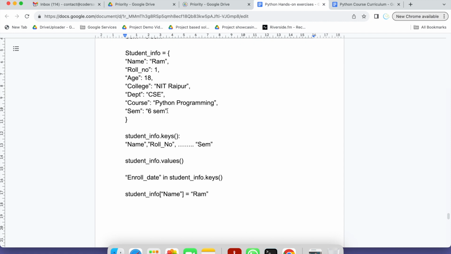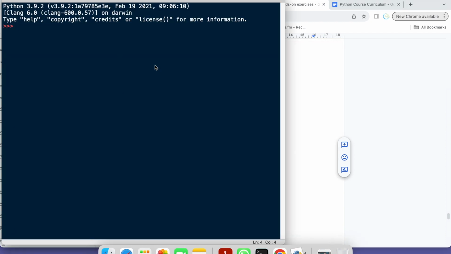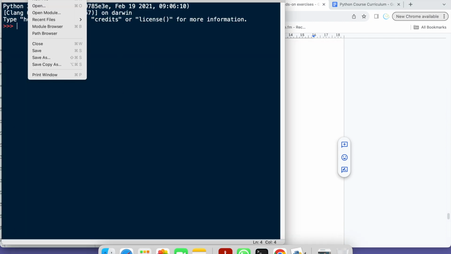Okay, fine. So let's go to the practical part and do it one by one. I will show all these things, so just stay tuned. I am using this Python editor. Let's create one file